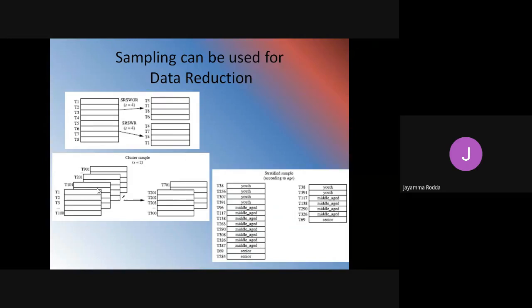Reduced data can be obtained here. These are the 4 clusters. So the reduced data can be obtained with SRSWOR, where it is not replaced every time. Okay, so a reduced data can be maintained here. The pages, once they are drawn, are not written back.